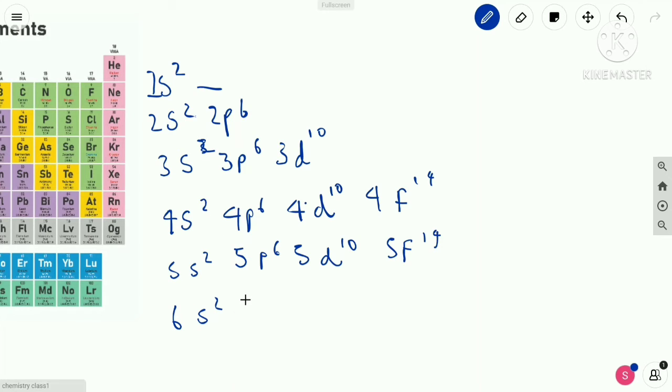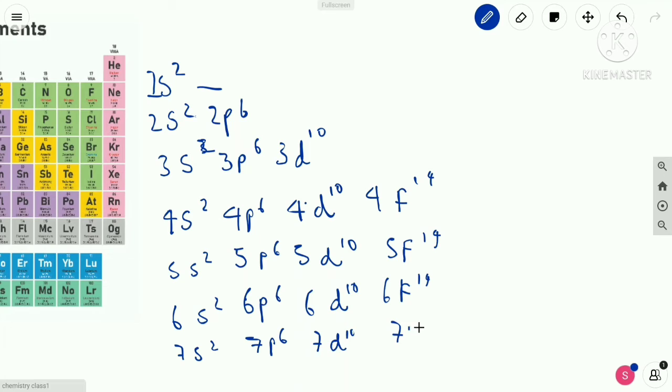5d, 6s2, 6p6, 6d10, 6f14, 7s2, 7p6, 7d10, 7f14. So yes,